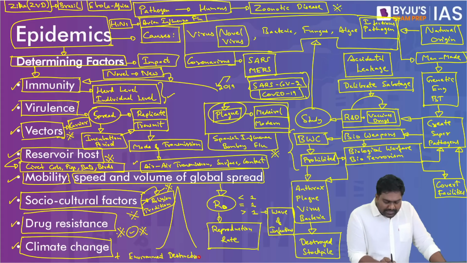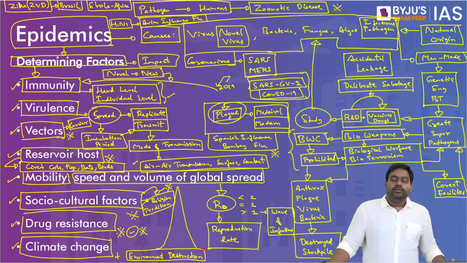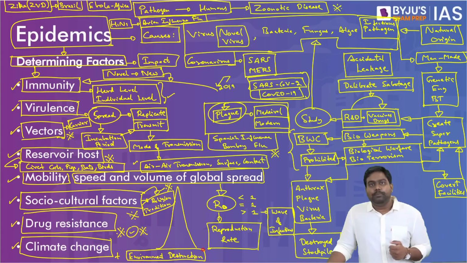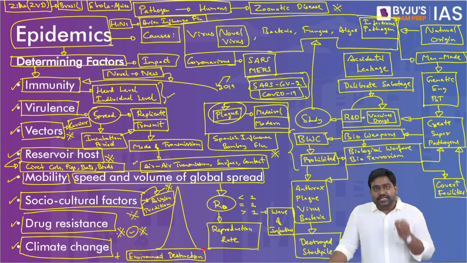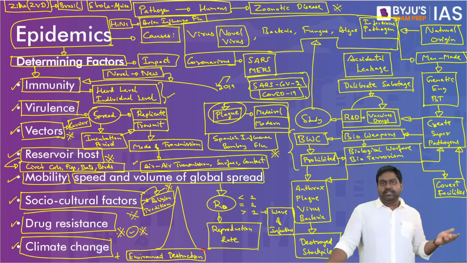I've seen that many students get surprised when I say that climate change can cause pandemics. They get confused. They're like, how can climate change, global warming contribute to pandemics? How can environment destruction contribute to pandemics? See, please understand, these pathogens are not coming from an unknown place. They're coming from our own nature, right? In our nature, in the earth, there are plenty of places where many pathogens are still hidden, which we humans